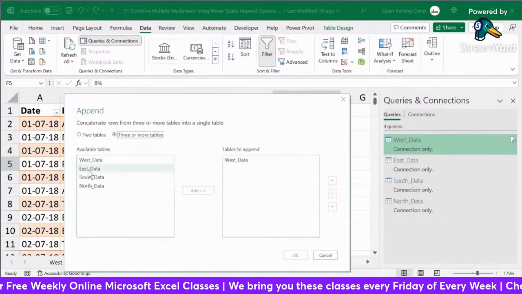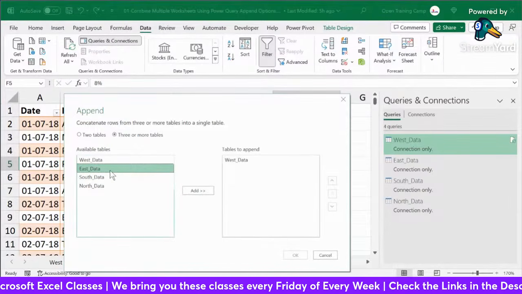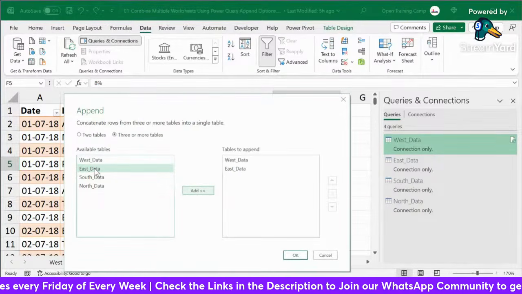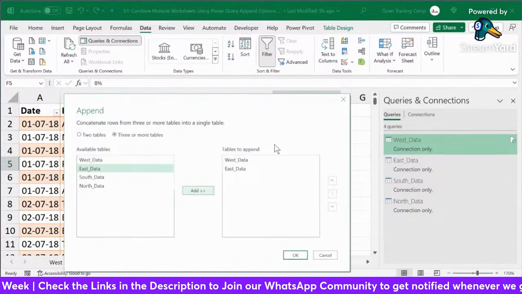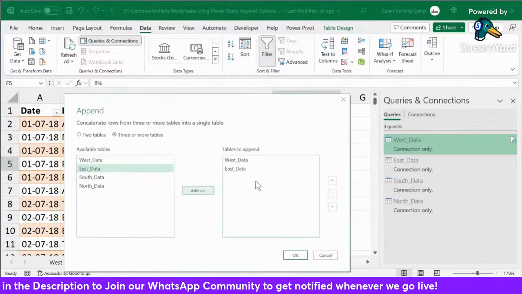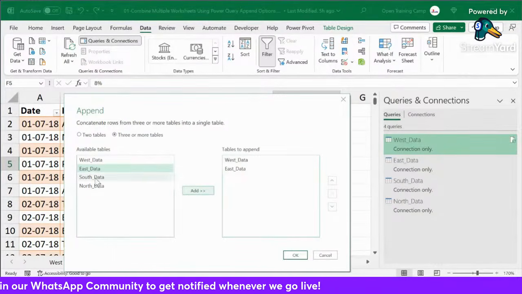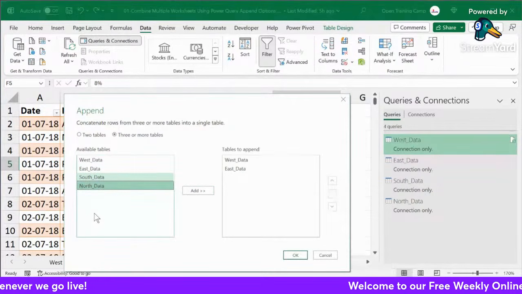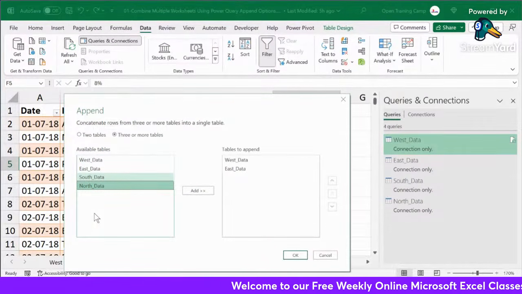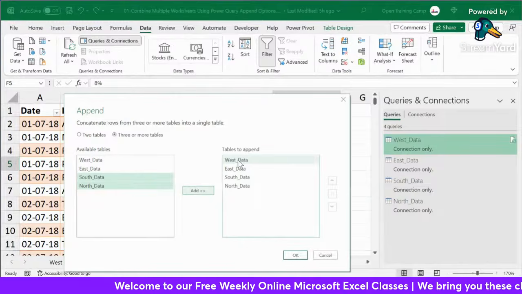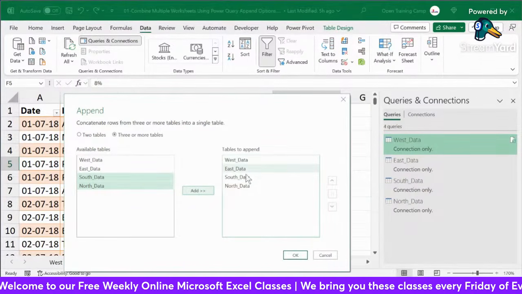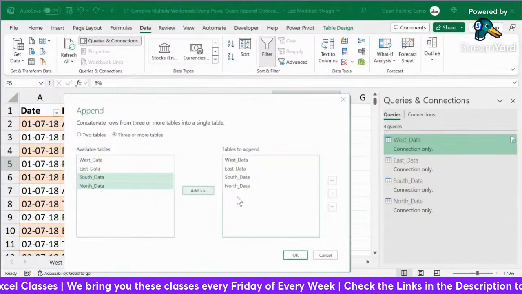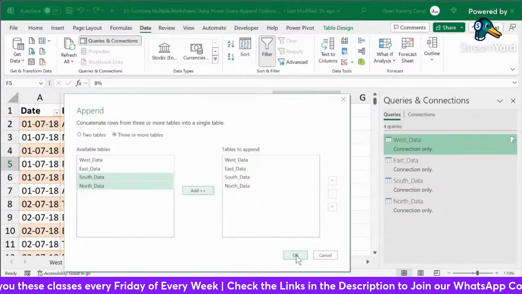But the rest, I can actually click on them one by one and I say add. When I click on a table or a query and I say add, it's added here into the tables that will be appended, or I can actually select all of them in one go. You just tap on each individual table holding the control key on your keyboard and then you add them in one go. Now you have west underscore data, east underscore data, south underscore data, north underscore data. All these queries will be now combined into one single gigantic table. I say okay,